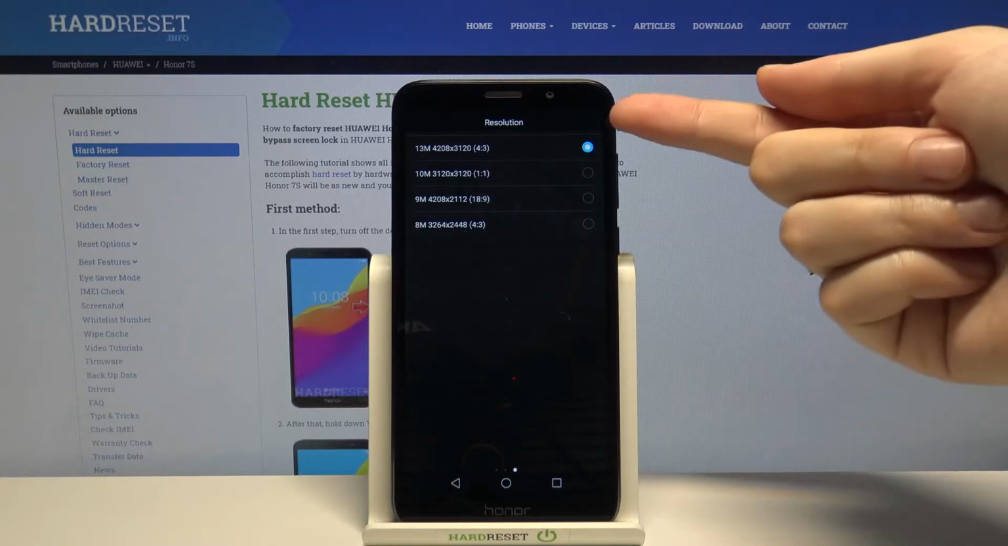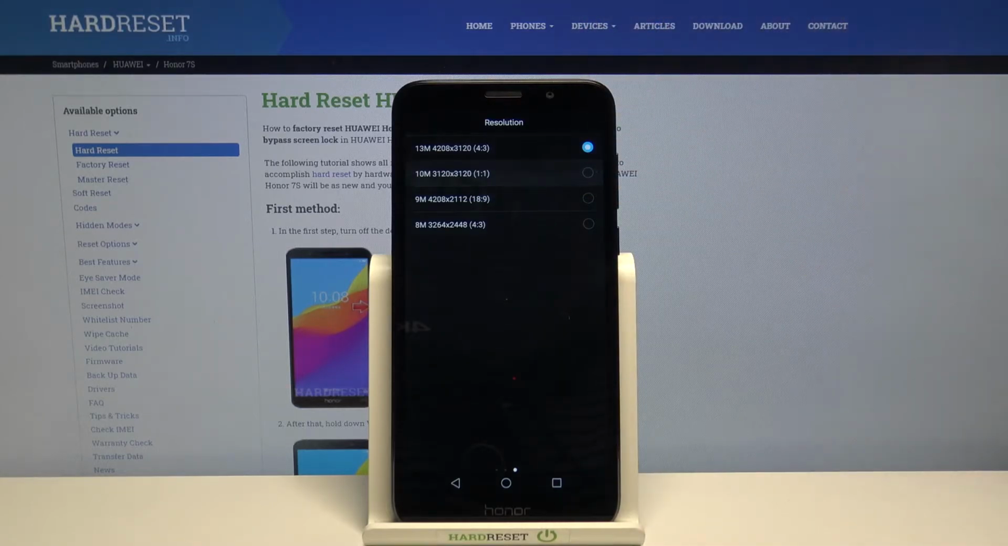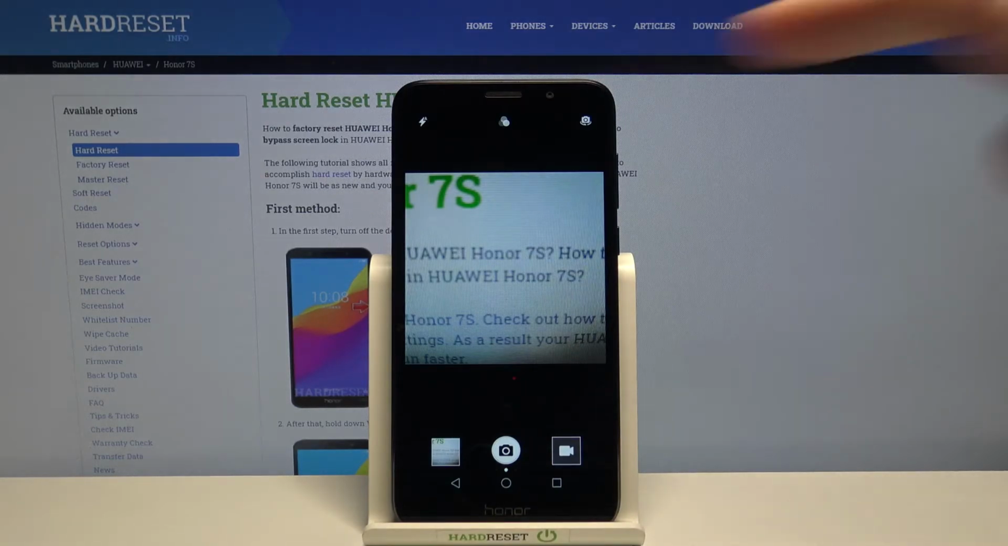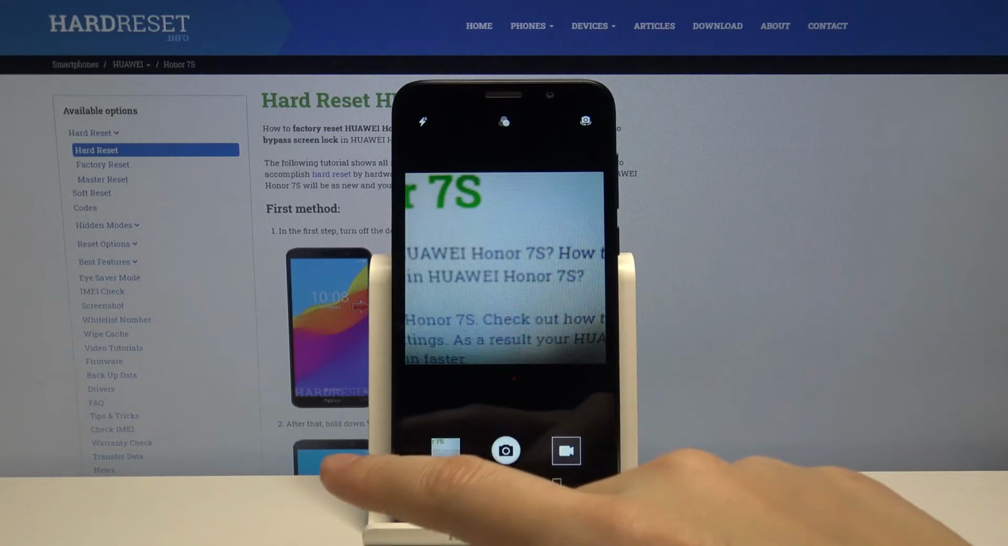So let me change 4:3 to 1:1. Now let's go back to the camera preview to see the difference. As you can see, the background has changed to the square one. Now let's just slide again to the right